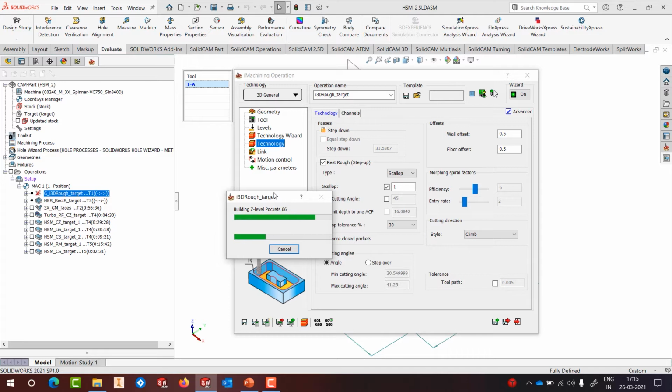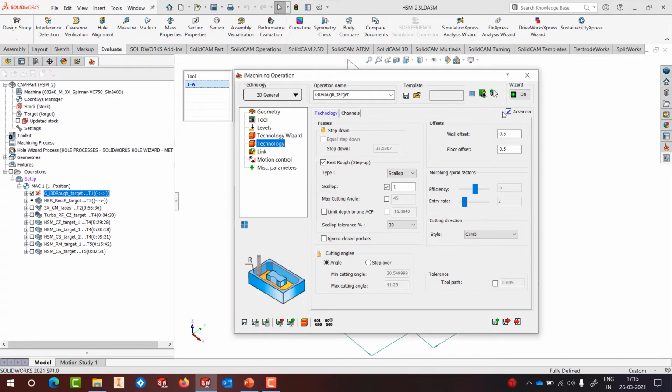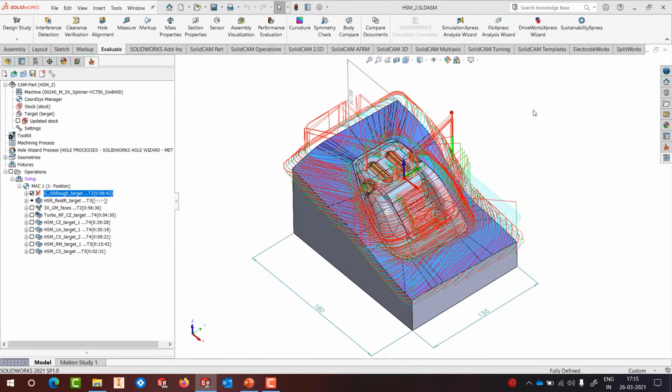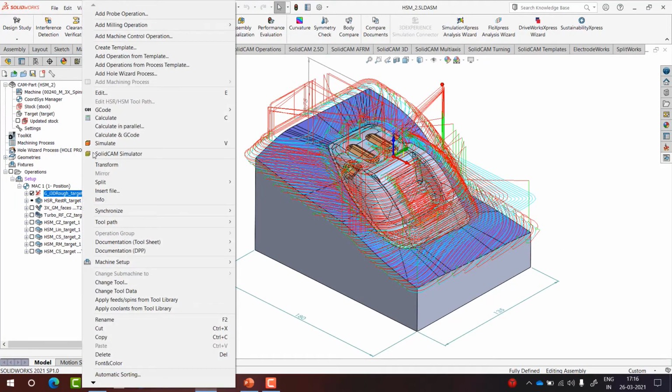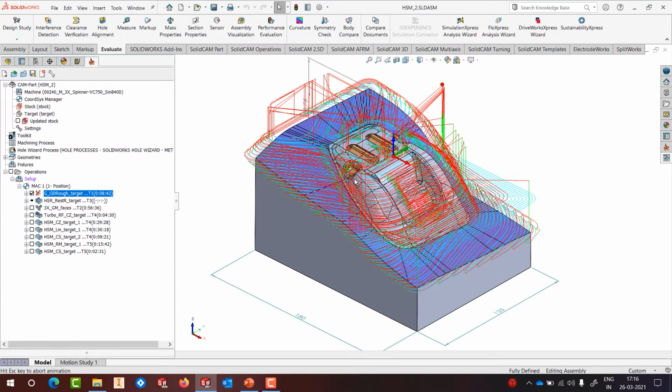iMachining 3D utilizes a complete 64-bit calculating engine, so you can see that it is utilizing all the cores available on the system for calculation. Therefore, calculation speed dramatically goes up if your number of cores are higher. So I have got the toolpath here, and if I run the simulation now inside SolidCAM's new simulator,